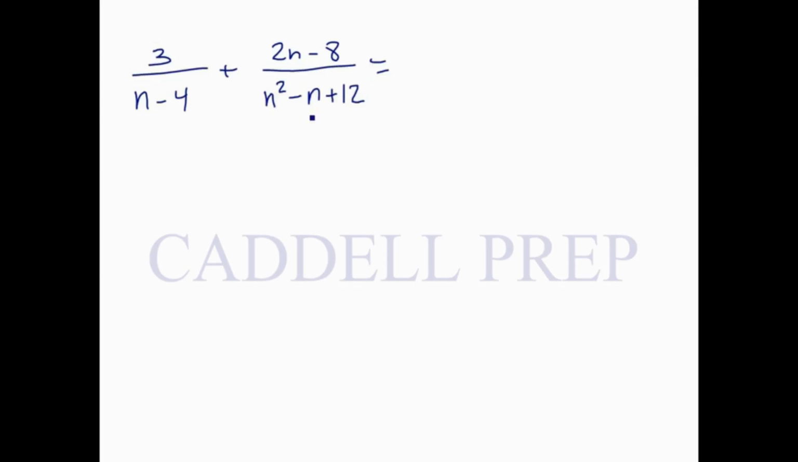What we should do here is look at the factors of these denominators. So n minus 4 is really just n minus 4. But n squared minus n plus 12 could be factored. It's a quadratic, so we can do n and n. They're any numbers that add up to negative 1 and multiply to 12. So that's going to be